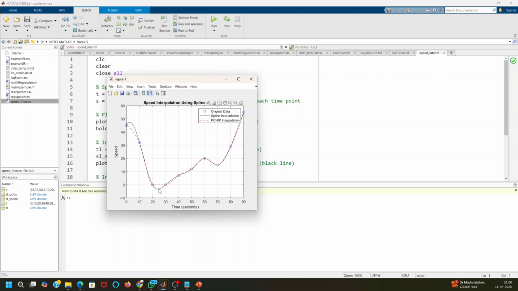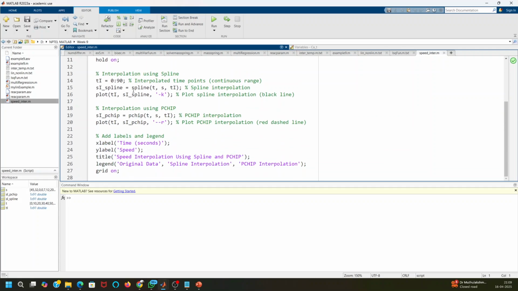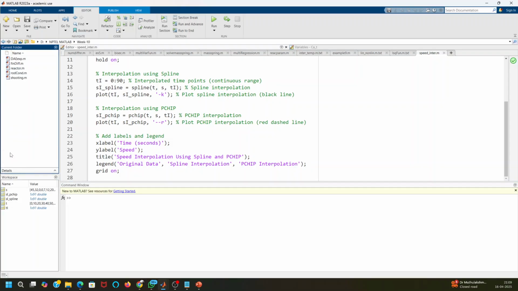Also, you can see that this is going below 0. Speed cannot go below 0. That's not possible. So that is one thing. Here, in between 2 points, you are just trying to fit a line. So p-chip interpolation takes care of these things, and then in week 10,